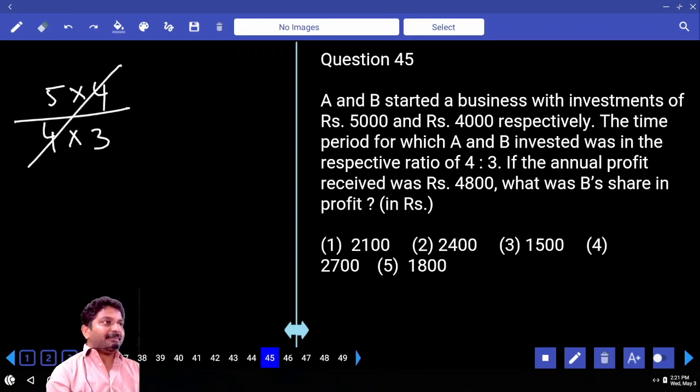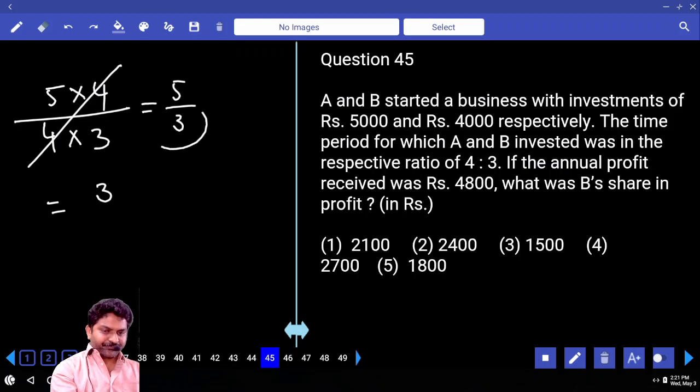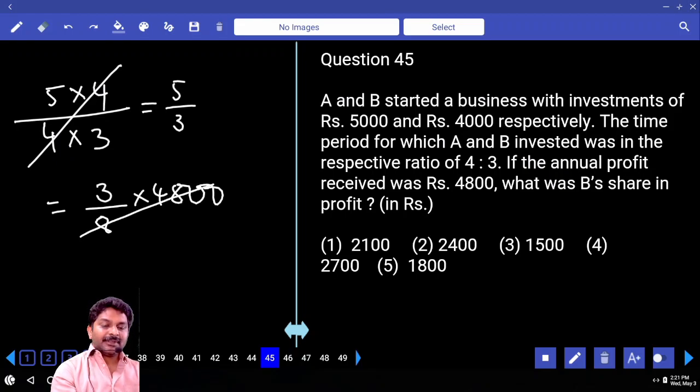Investment multiplied by time ratio, the 4 gets cancelled, that is 5/3, which is 5:3 only. The question is about B's profit. B is getting 3 parts out of the total, among 4800 into 3,